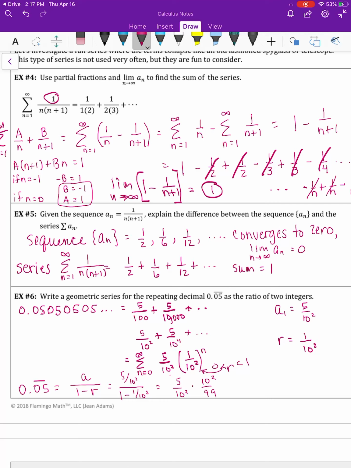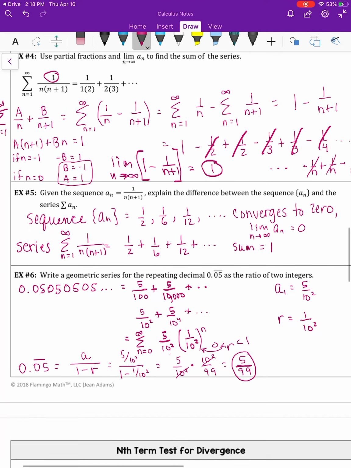So this would be 5 over 10 to the 2nd times 99 over 10 to the 2nd, which would be 10 to the second over 99 that I'm multiplying by. My 10 to the seconds are going to cancel, and